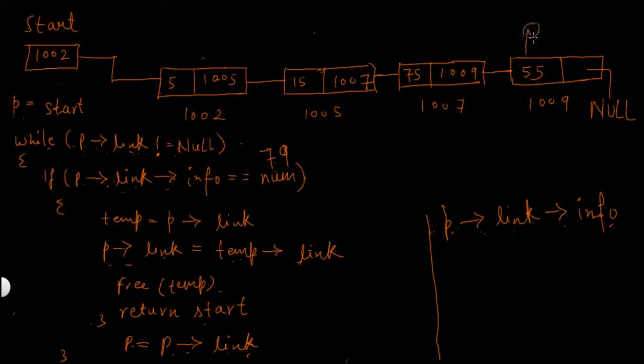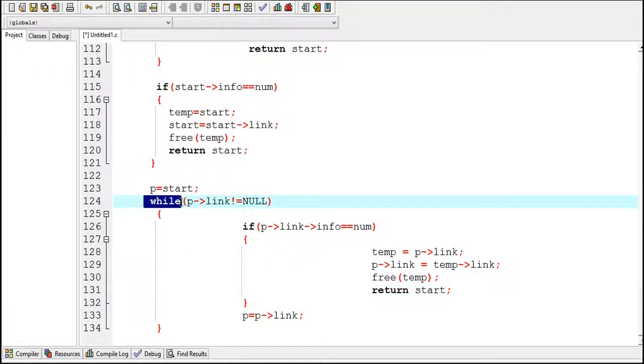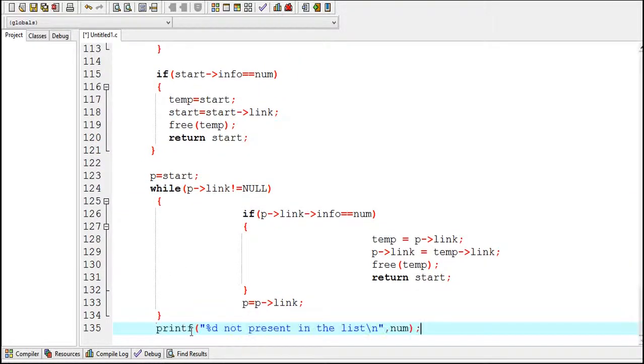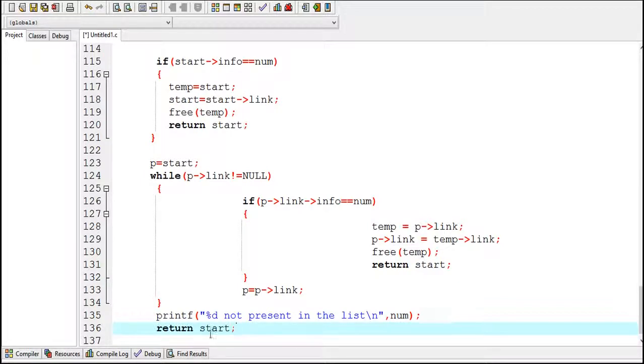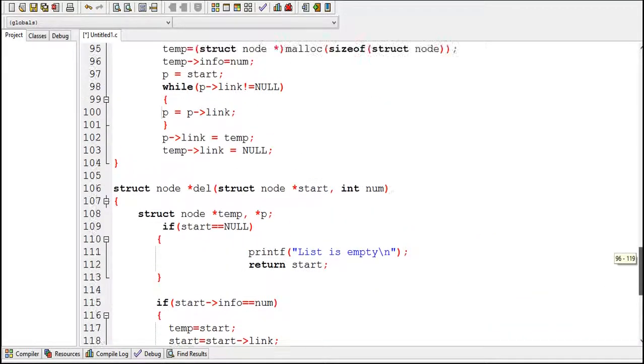And when p is at the last node, then this while loop will become false because p arrow operator link means link part of this node, which is null. So this will be equal to null, so this while condition will be false, and the while loop will be terminated and control will move to this statement and number not present in the list will be printed. And with the help of this return statement, the control will move out of del function,